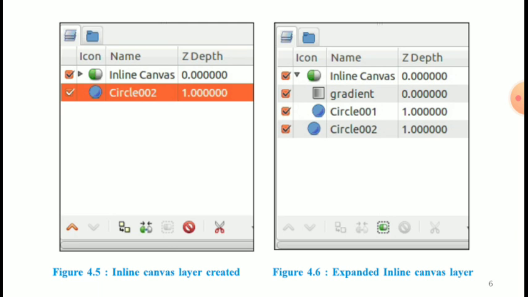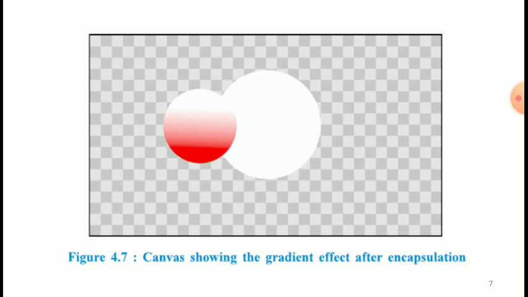So that is the slide for figure number 4.5, inline canvas layer created, and figure 4.6, that is the expanded inline canvas layer. And figure number 4.7, the canvas showing the gradient effect after encapsulation. Thus we have seen how gradient is applied to the object using encapsulation.